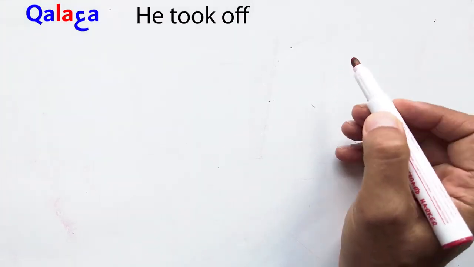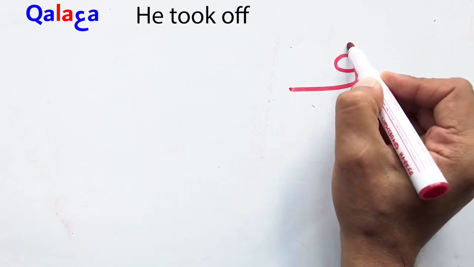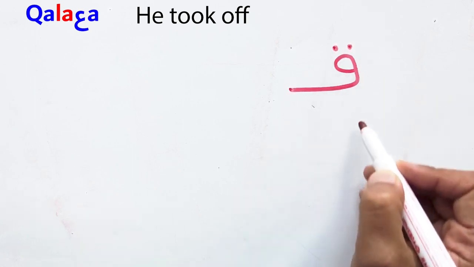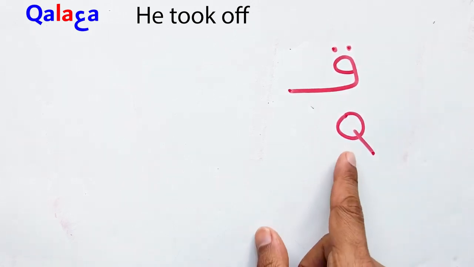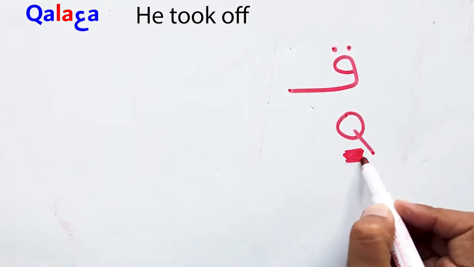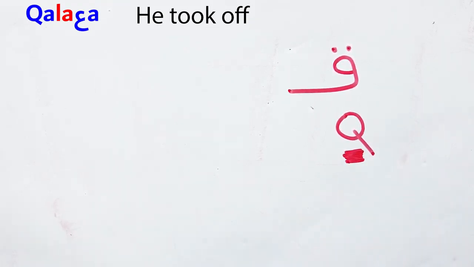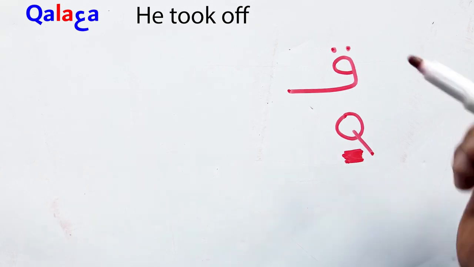قلع. Pay attention. This letter sounds like a strong Q. It's not Q, it's not K. It is قا. So it's strong. I'm going to add this here to remember to stress it and make the pronunciation stronger than Q.